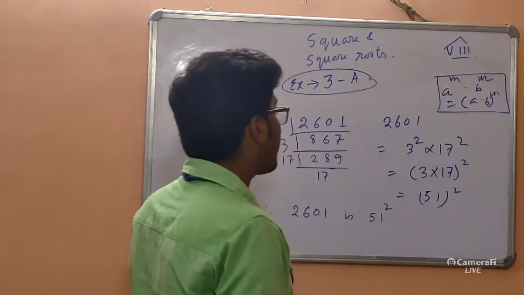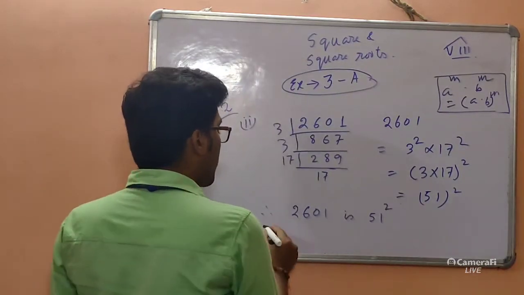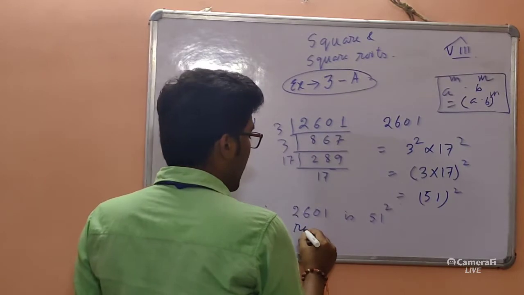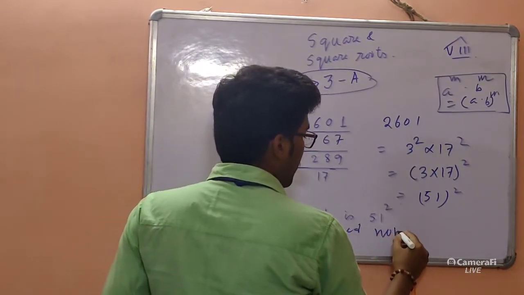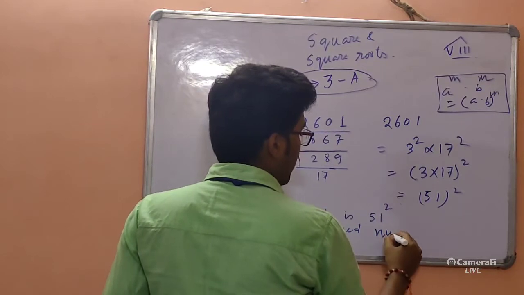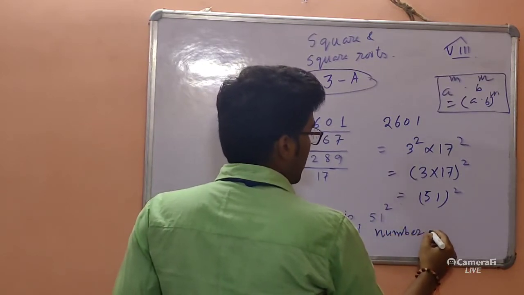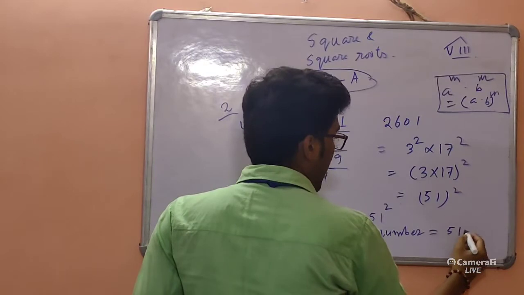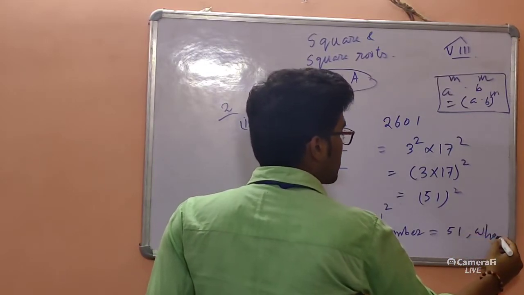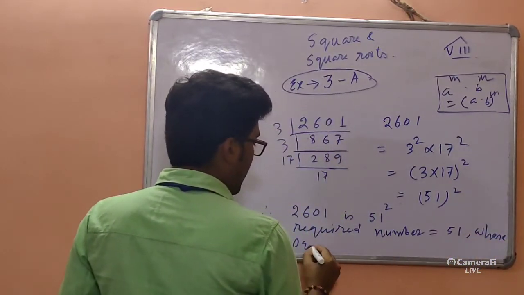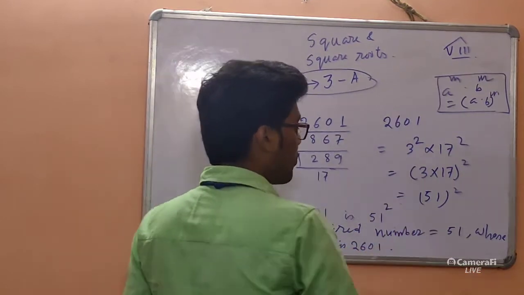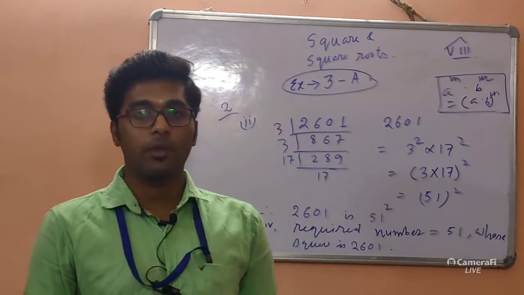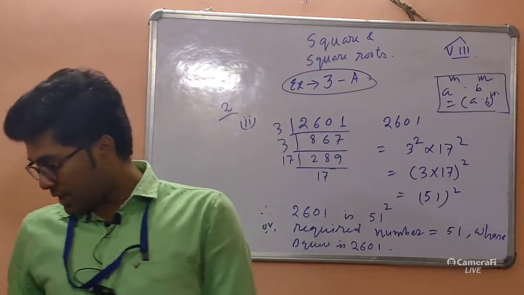Therefore you can write it like this: required number is equal to 51, whose square is 2601. Clear, students? Okay, so let us do the next one,